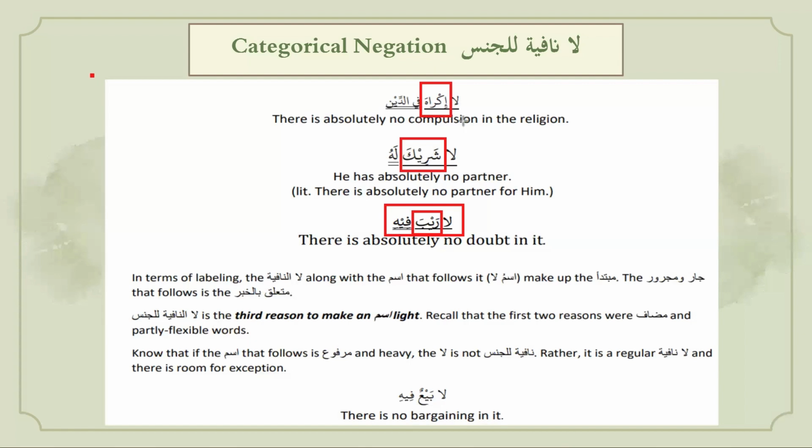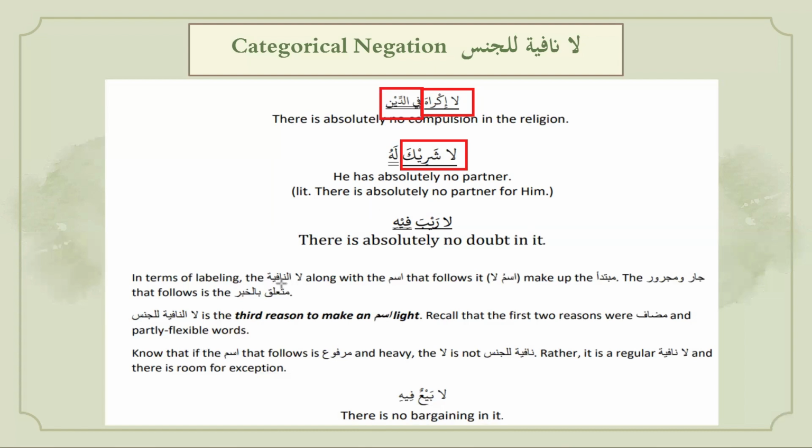In these particular sentences, these are jumla ismiya. So over here this particular jumla ismiya has mubtada, which is marfu. La plus its ism make the mubtada of this jumla ismiya. Okay, so this is jumla ismiya, and fihi is jar majroor mutaliq bil khabar mahzuf. So la sharika, la plus its mansoob ism, they both make mubtada, and then lahu is mutaliq bil khabar.